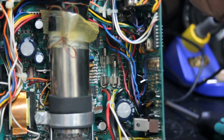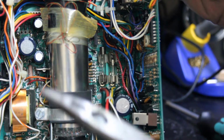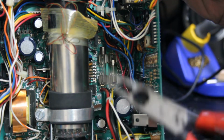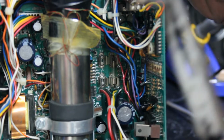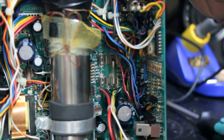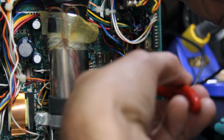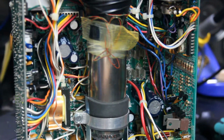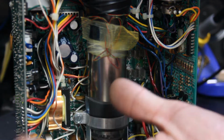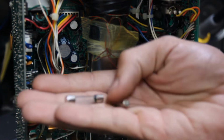So could it be that we just have a fuse issue? Also, be very careful if you're going to use pliers to pull fuses out. I'm going to grab it by this metal top here. Okay, that fuse looks good, so let me see if I can grab this one by the metal too. Yep. Okay. So, two totally different fuses that don't look bad,